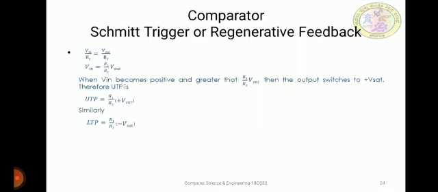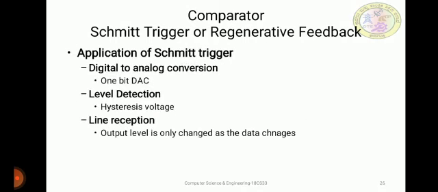So what is the main application of the Schmitt trigger? The main application of the Schmitt trigger is in a wide range of uses, mostly as a logic input. It is not a nice thing to have a single logic threshold in case of noisy or slow signals, since multiple output transitions may result. So the applications of the Schmitt trigger are in analog to digital conversion, level detection and line reception.